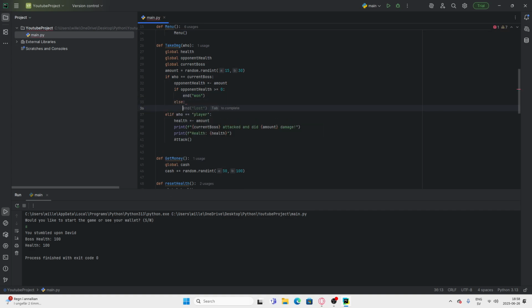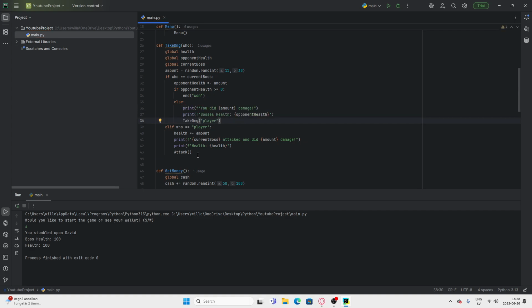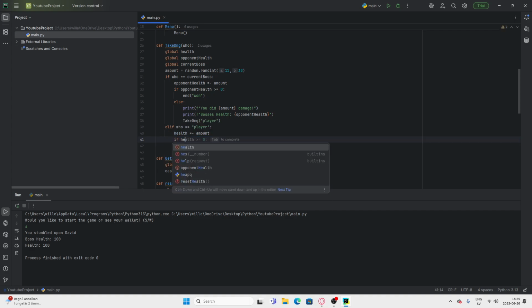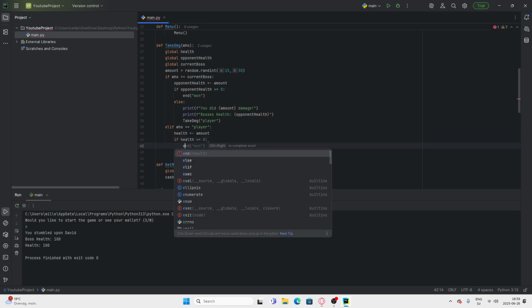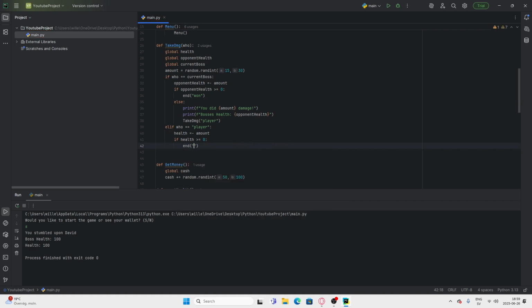Else, I'm gonna put this code back. Then we're gonna do, if health is 0 or lower, it's gonna write end lost. Else,